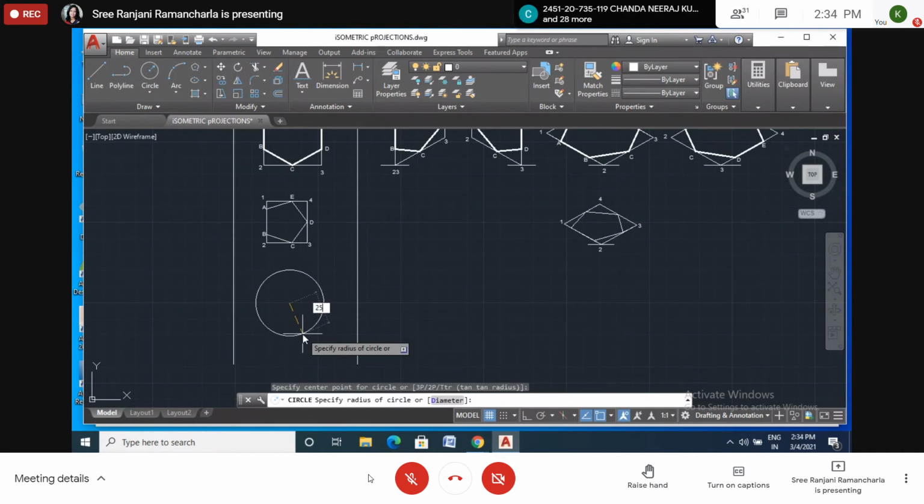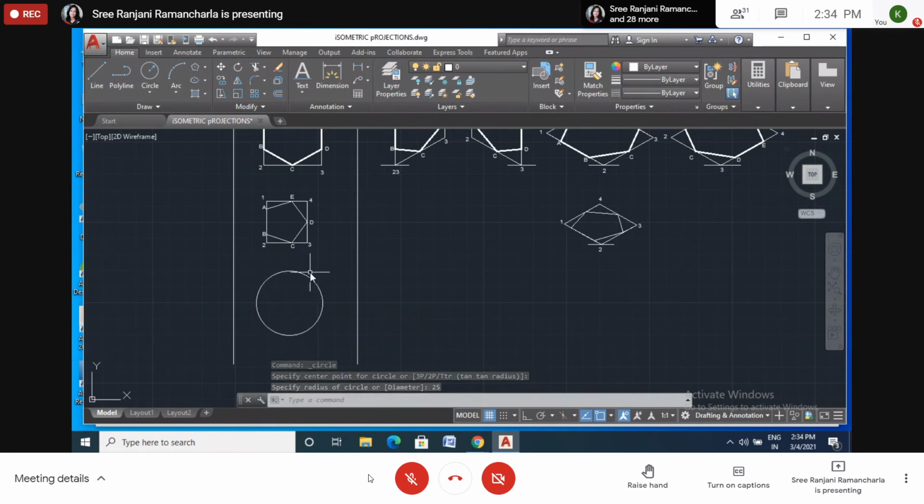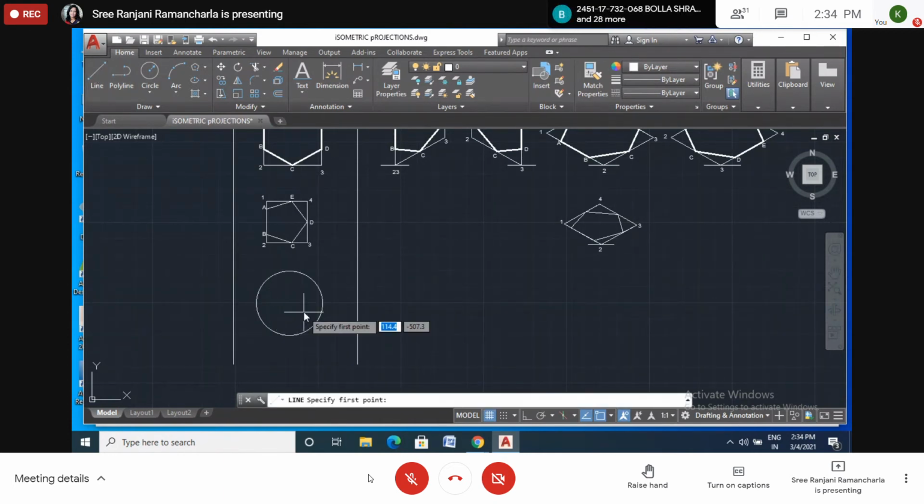Radius will take 25. Okay. Now we have to construct the square around this one. We get a square, right? Because this is the diameter. Okay. Now construct the